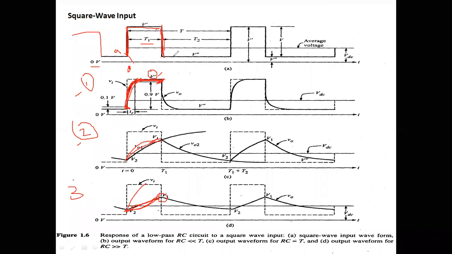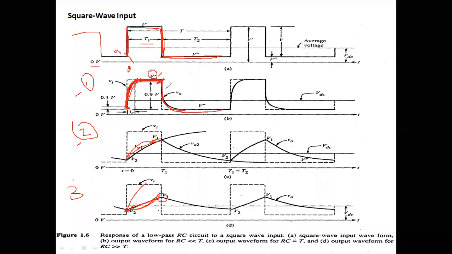And then it is maintaining a constant voltage, some V double dash. Therefore, the capacitor wants to reach V double dash depending upon the time constant. Depending upon the time constant, it will reach V double dash. That means from V dash it slowly starts discharging and reaches the V double dash voltage depending upon the time.